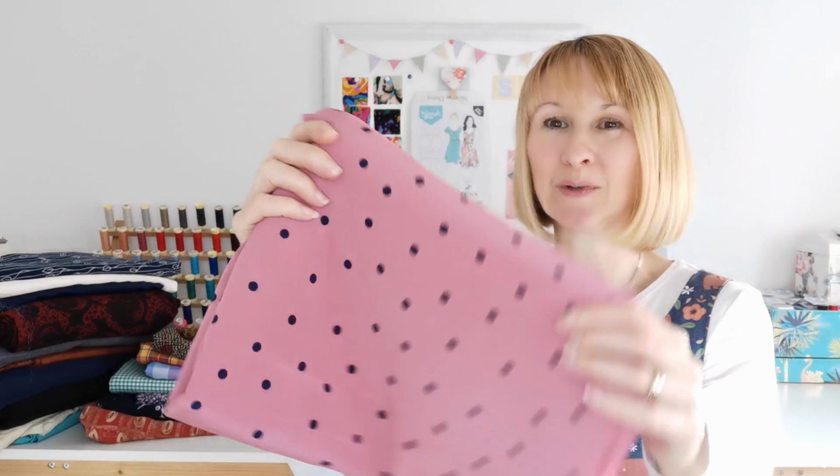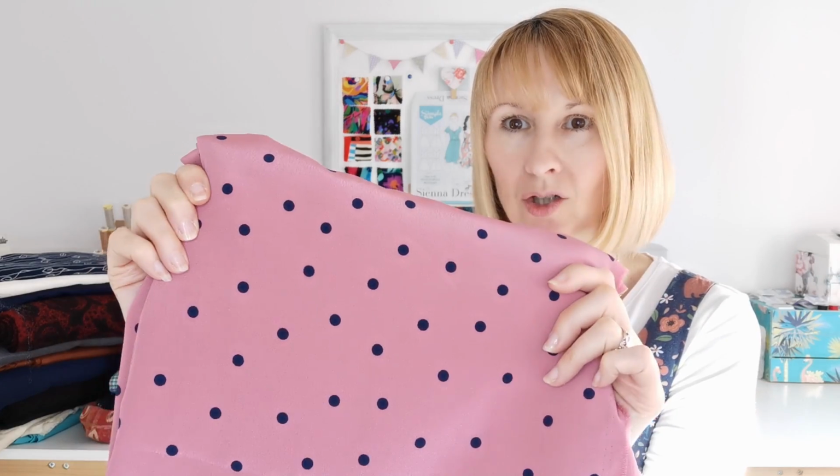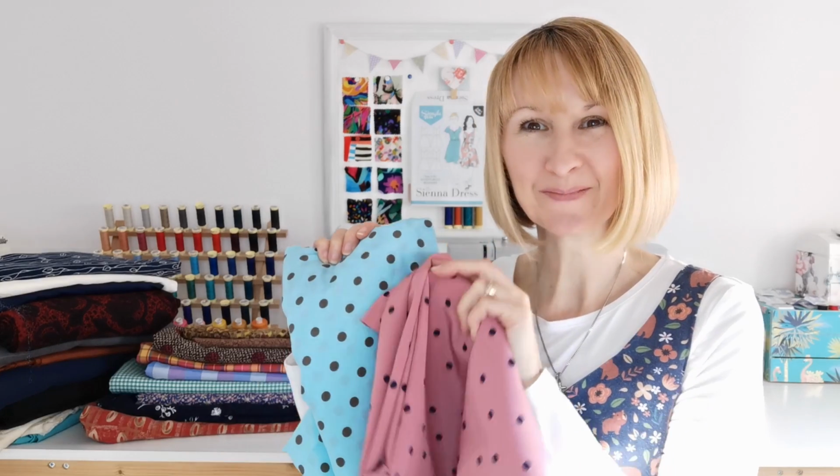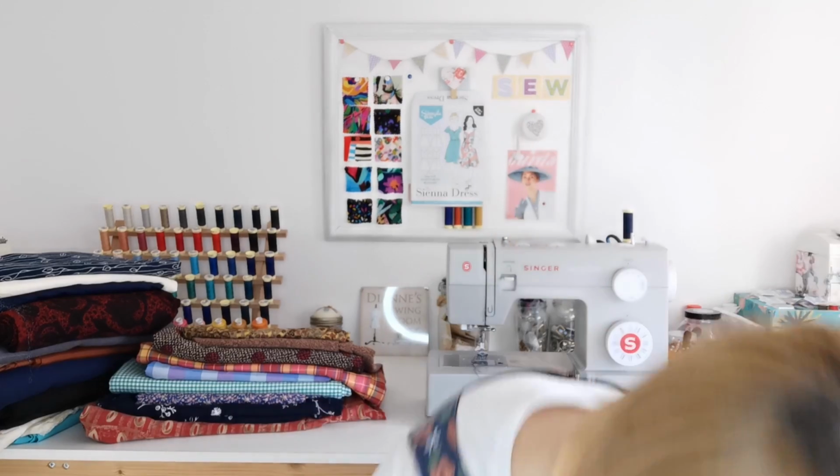So that's really pretty. That is the first one that I've earmarked for something, and the next one is another spotty one, and it's this one. And this has, I think that's a navy spot in it, and it's a beautiful sort of dusty pink colour. So those two, with them having this nice spot in them, I thought,